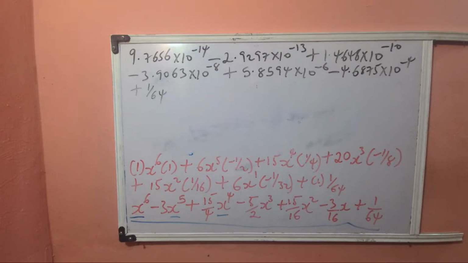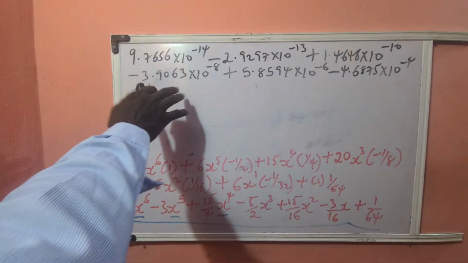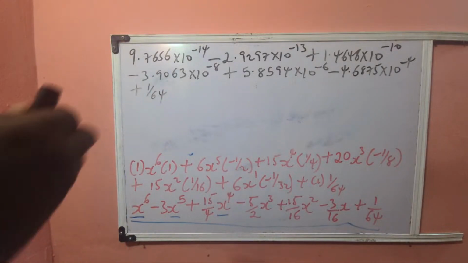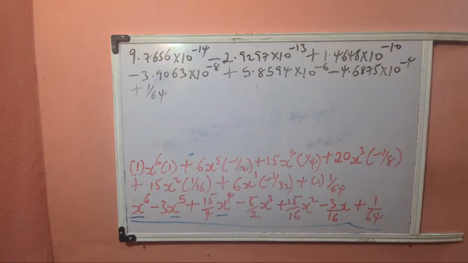So if you sit down with this carefully, the major thing here is for you to not solve it straight up. You have to find a way to attach them to each other in such a way that when you press it on your calculator, you'll be getting smaller values. So at the final instance, this was actually what I got, which I've done some manipulations. Probably I'll tell you that later, the way I manipulated this. But when I got here, one of the next things I did was to